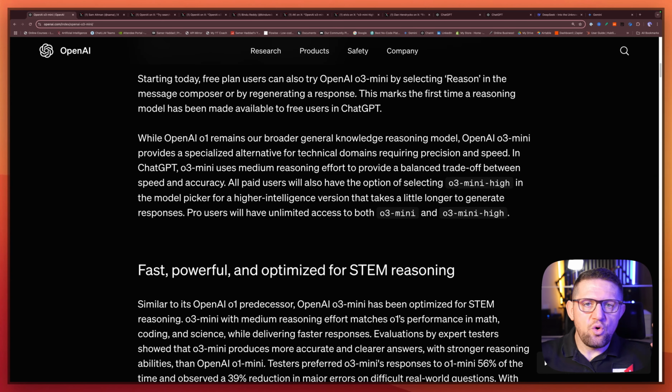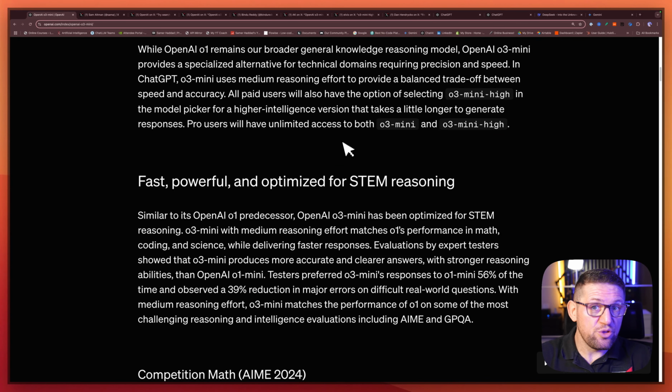Okay, so all paid consumers will have access to o3-mini-high, which thinks more, thinks harder than the standard o3-mini. And this is available only for paid users. You have to offer those an edge over everyone else who's free. That makes sense. And that's the one we're going to test today.